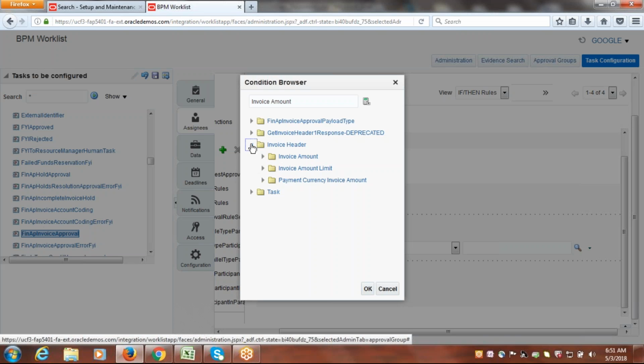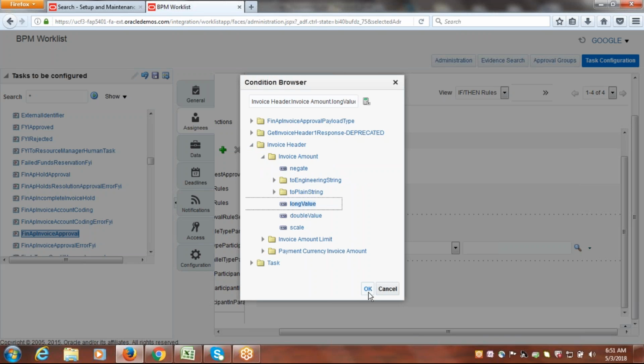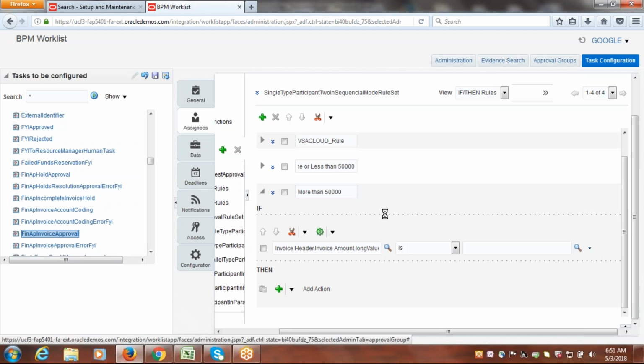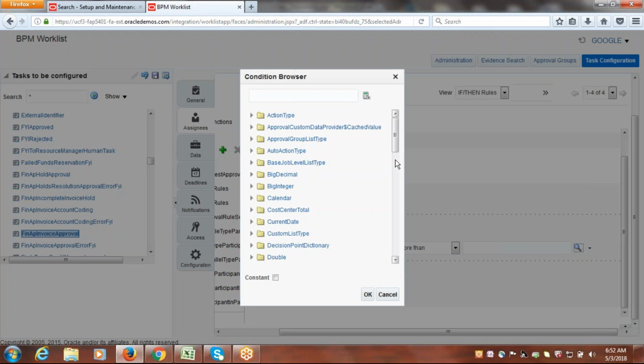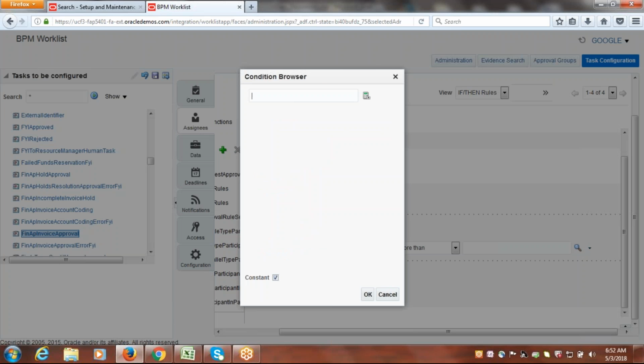So invoice header parameters, invoice amount, select long value, say okay. So more than, if amount is more than 50,000, don't enter the amount directly here. So click on search. It should enable constant. Enter 50,000,